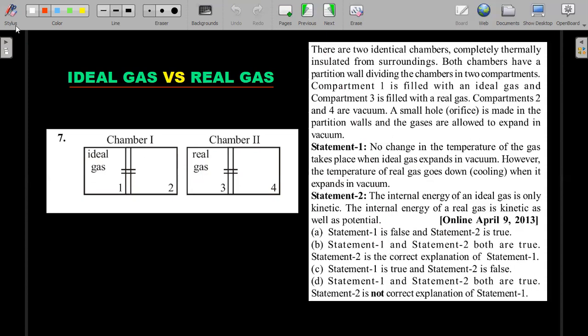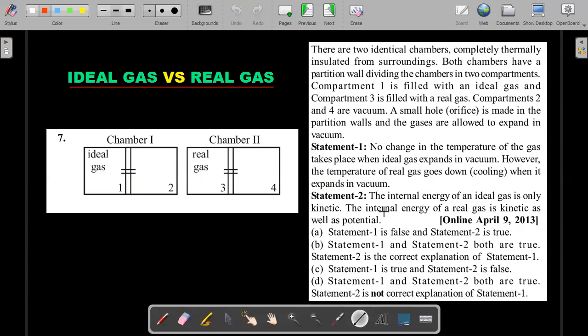Okay, so in this particular problem, statement 2 is correct, but statement 1 is not going to be correct. A real gas going down in a cooling manner is not going to be a correct situation. So statement 1 is false and statement 2 is true. Okay,